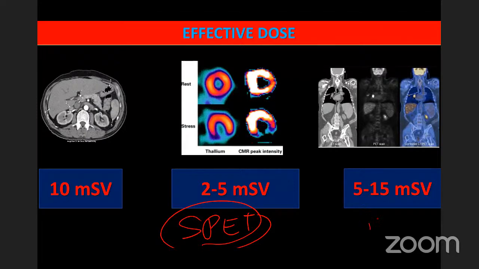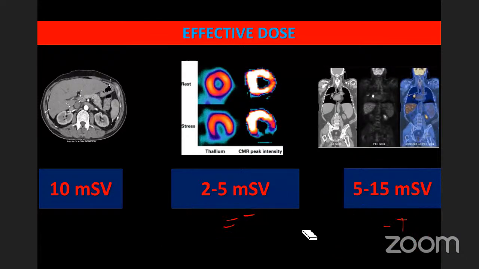Okay, then this is the PET scan. PET scan will have 5 to 15 millisieverts. Almost the maximum is in the 5 to 15 millisieverts. Sometimes we do this thallium scan. The SPECT can be done using various things. There is something called a thallium scan. They say it can go up to 20 millisieverts. Not important. Just remember this much.